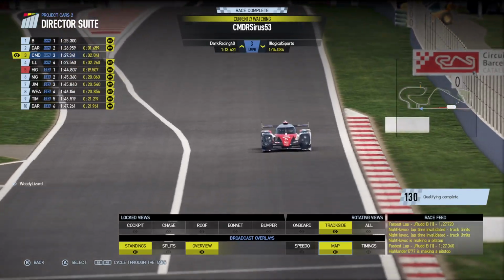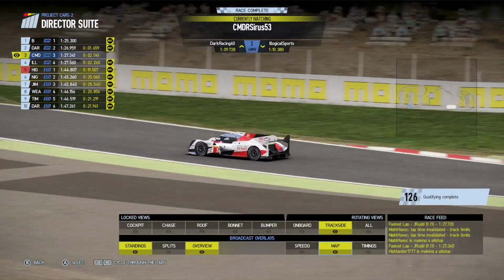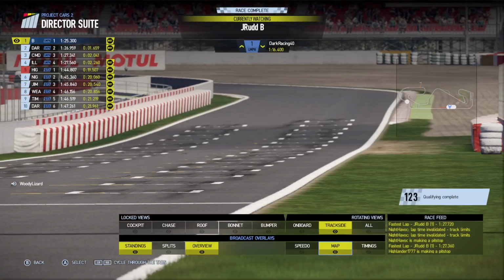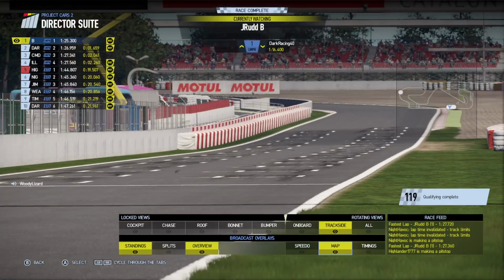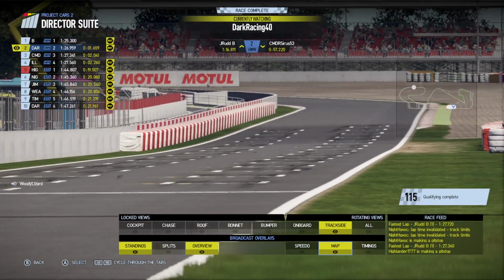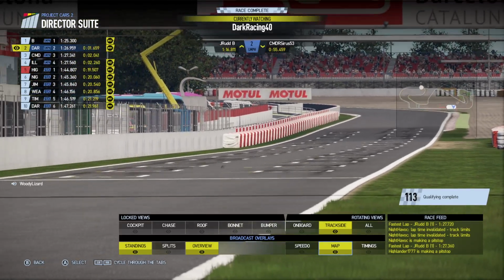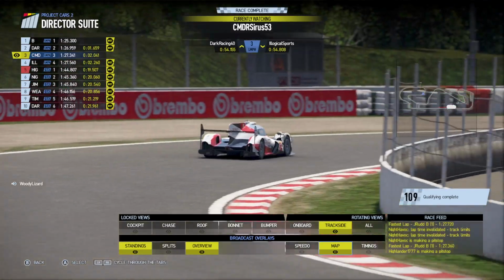So there we go. Right, qualifying finished. And we'll have J. Rudd B on pole position with a sensational lap at 1:25.3. Dark Racing 40 with a 1:26.959 in 2nd position. And Commander Cirrus,